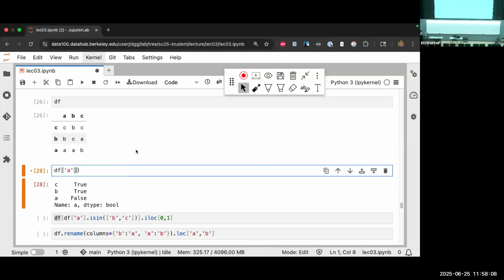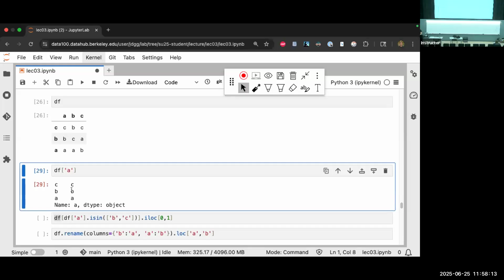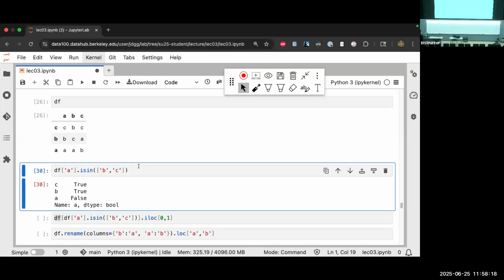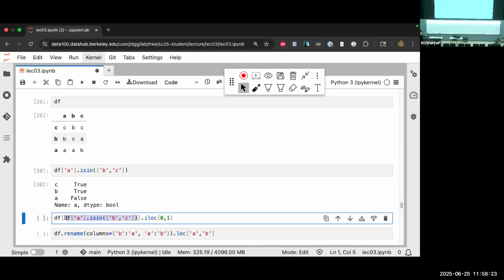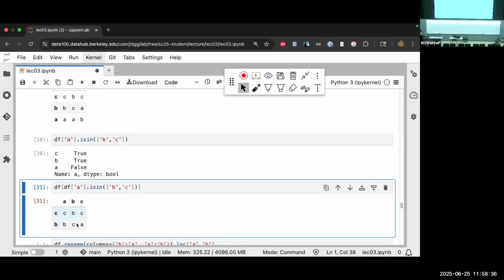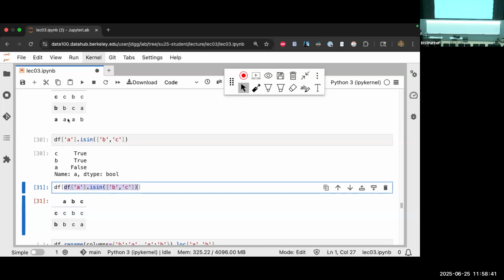If we look at that df A, notice the first two elements are C and B, and both C and B fall in that list, B or C. There's a match. So we have true, true, false. We're now going to use that as a Boolean mask on the original data frame. I'm going to pull the first two rows and exclude the third row. That's what's getting passed in here, and I'm not getting the last row of the data frame.